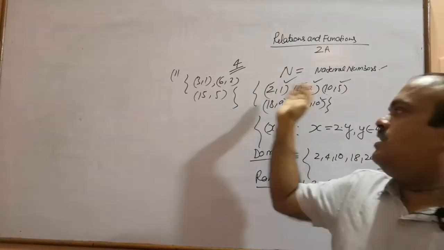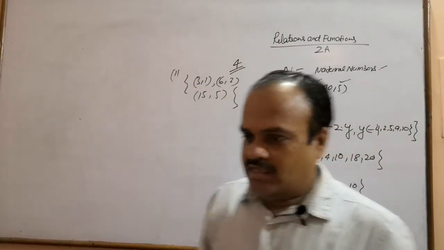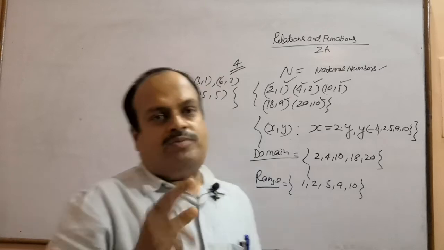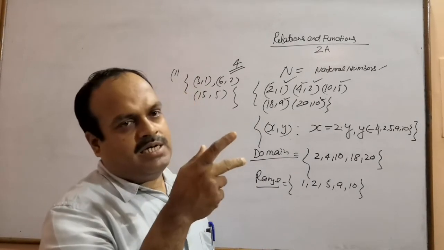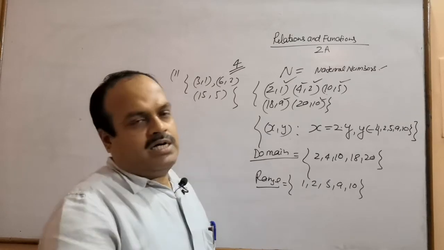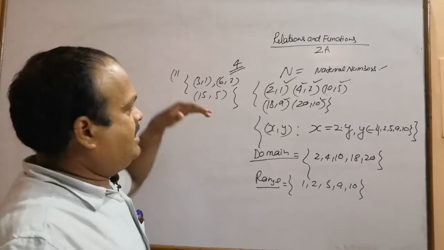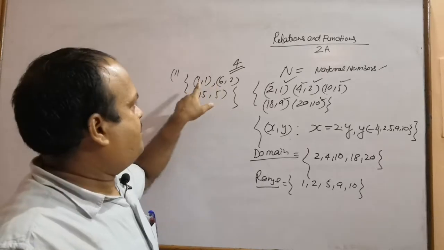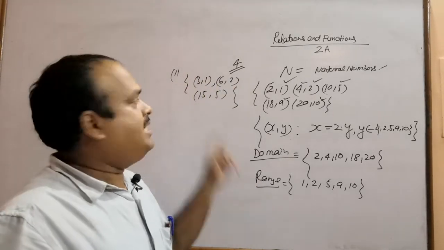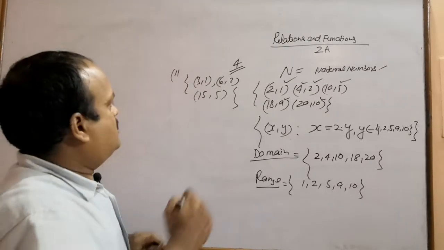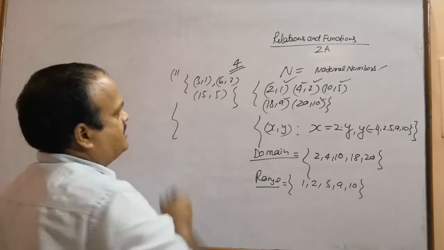When you write its elements and read, you will come to know on which pattern the first entry and second entry of every element is arranged. I observe that the first entry is triple the value of the second entry in every element. So we can write this